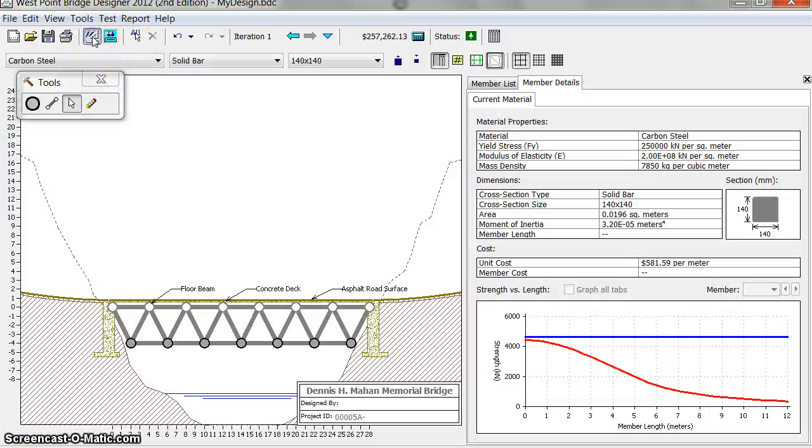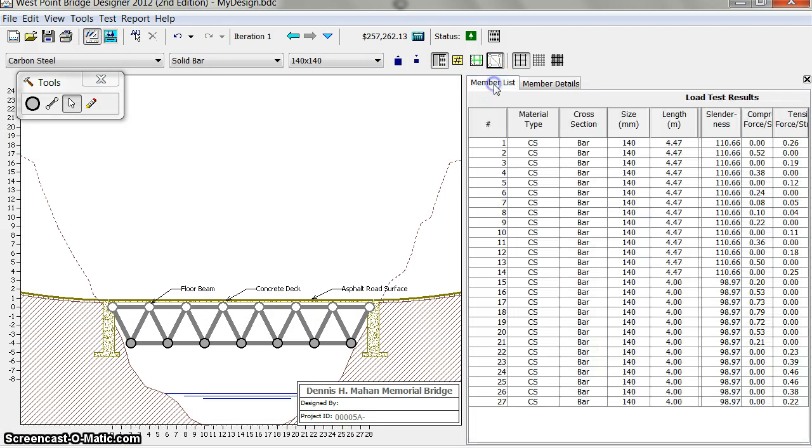Once I've done that, I click on Member List because I want to make it cheaper. This is costing $257,000. Everywhere over here where I see compression and tension, any place where it's low, and if it goes over 1, then it breaks. I'll show you. If I take this one right here, I can use these to make it bigger or smaller. If I make it a bunch smaller,